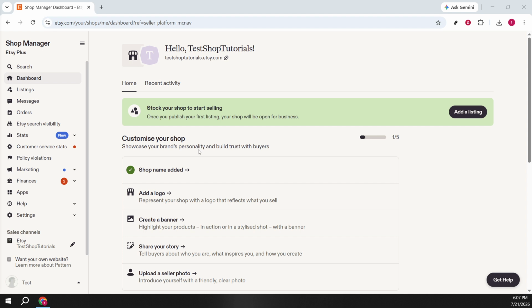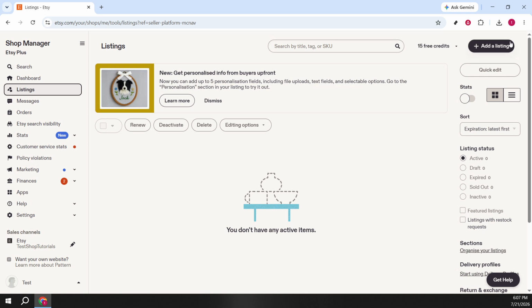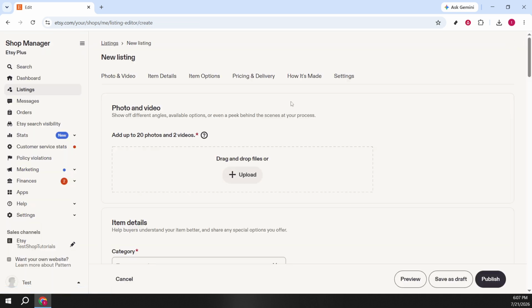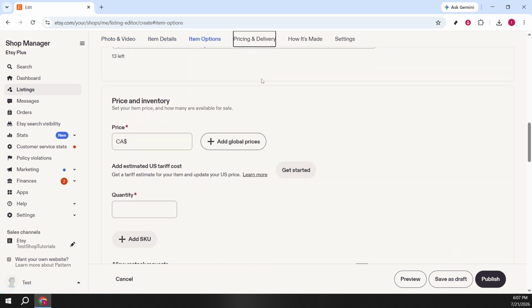From the left-hand menu, go to Listings, then choose Add a Listing. Once your draft opens, head straight to the Pricing and Delivery tab. This is where you'll set delivery, processing, and returns so customers know when to expect their order and what it